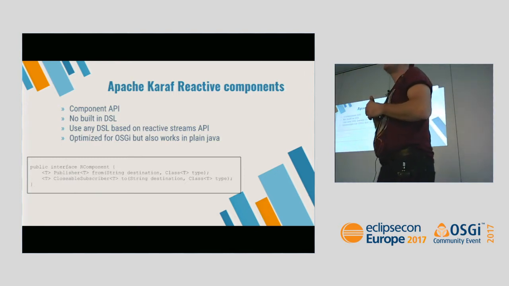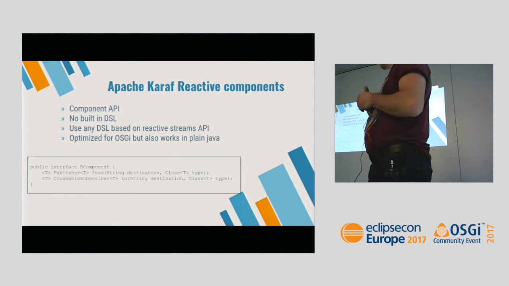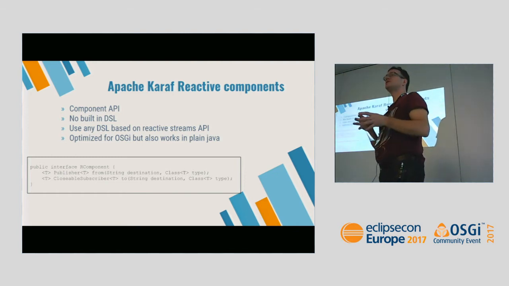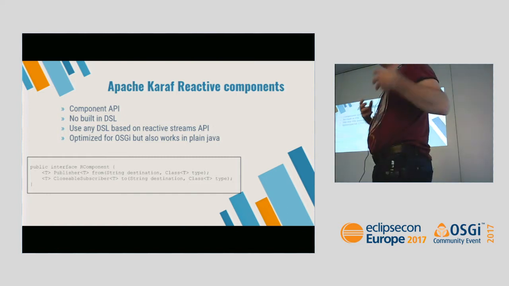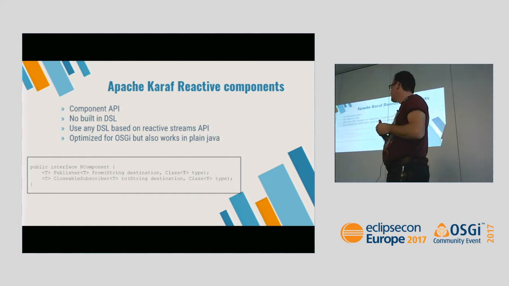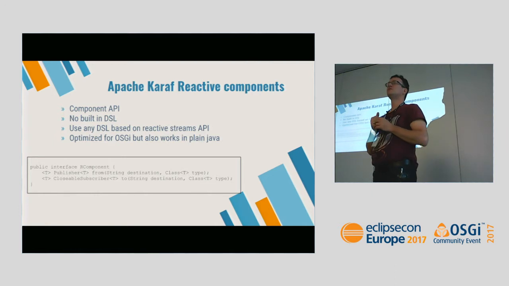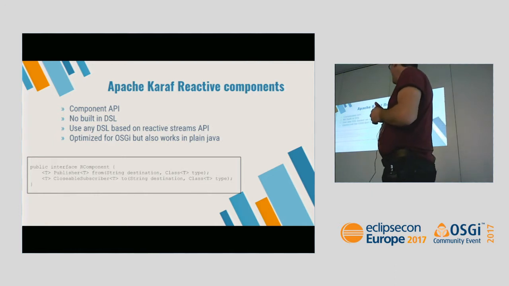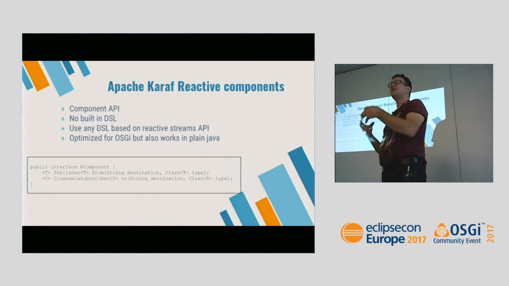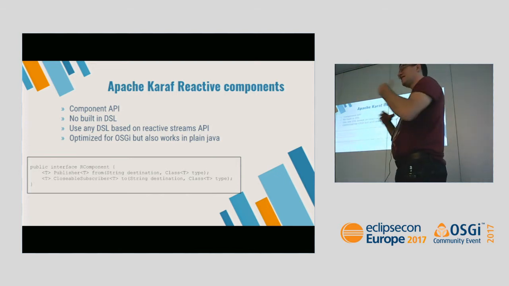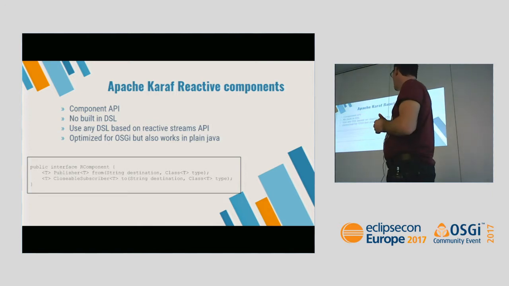So this is something I started first as a private project, and now it's a sub-project of Apache Graph. It's very early still, but I hope it's something I can spread the word about and make a bit more well-known. Who of you knows Apache Camel? So quite a few people. And I think Camel is a really great idea of how to integrate different protocols and do some processing in between, but it's kind of gotten a bit old. I will talk a bit more about that later.